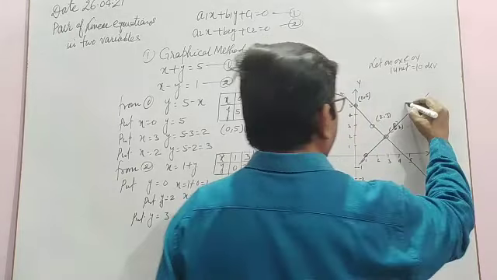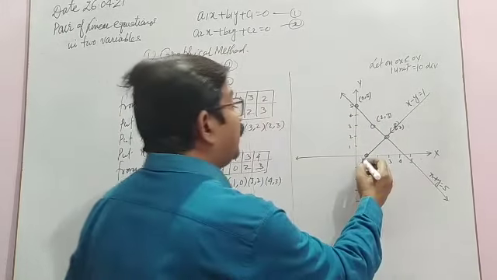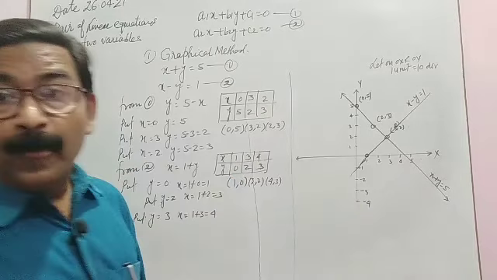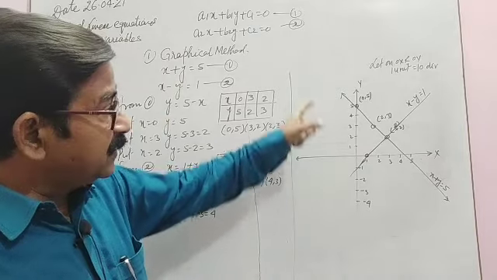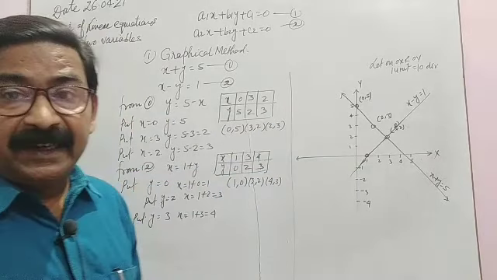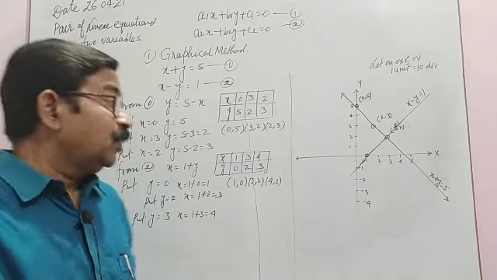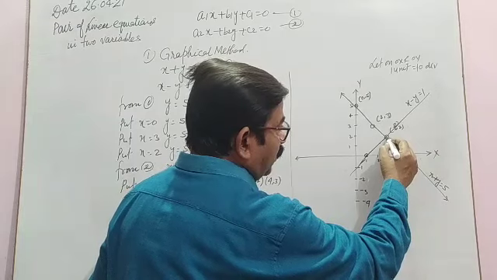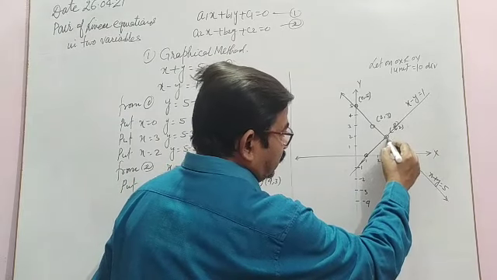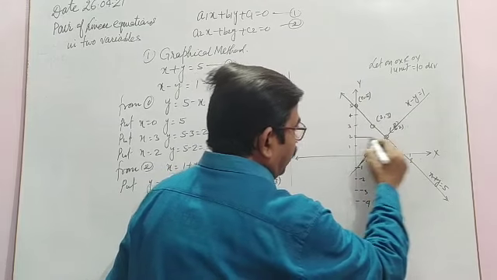See, write the equation here: x minus y is equal to 1. So we have plotted the graph. Now how to get the solution? Since these two lines are intersecting lines, means equations will have unique solution. So what to do? We draw the perpendiculars on axis from this point of intersection. See, perpendicular here and perpendicular here.